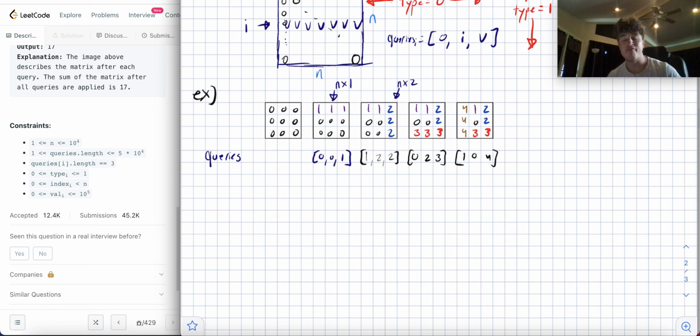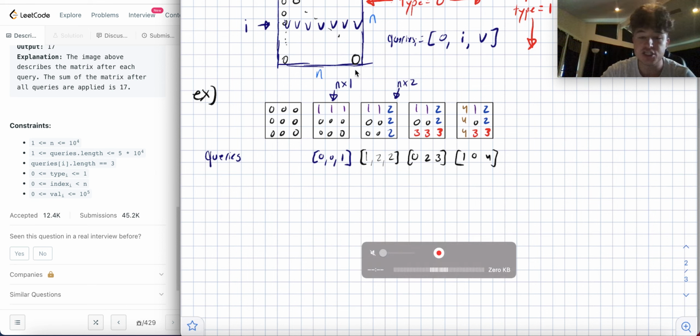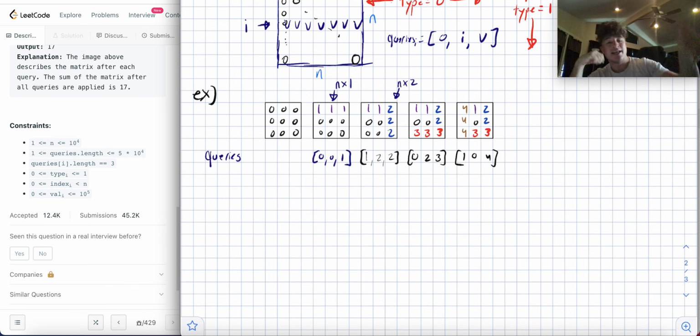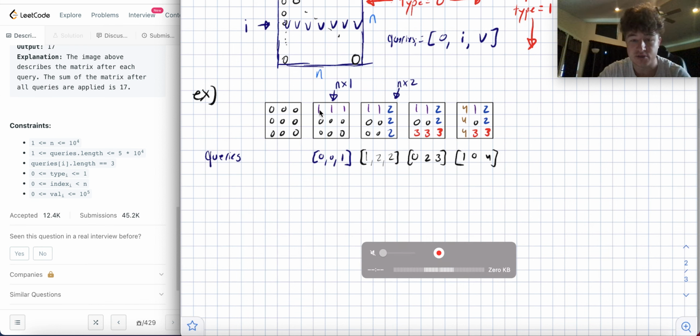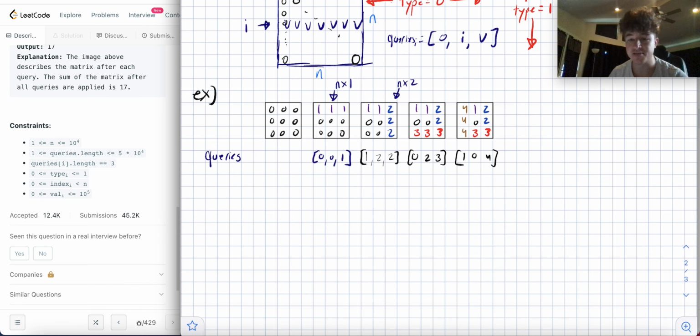Meaning that if I'm going to look at how much each query will add to my final solution, because my final solution is going to be a sum of all the values of the matrix, right? At this point, when I paint a 1, it's going to paint n 1s. So this is going to give me 3 to my solution, plus 1, plus 2, plus 3. This is going to give me n times 2, right? Because it's going to give me 2 plus 4 plus 6 total points to my solution. And this 3 will give me 3 times n, and this 4 will give me 4 times n,